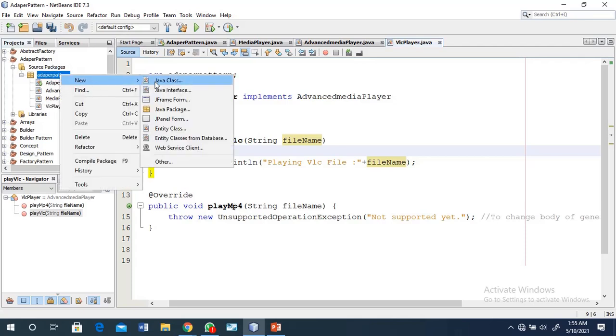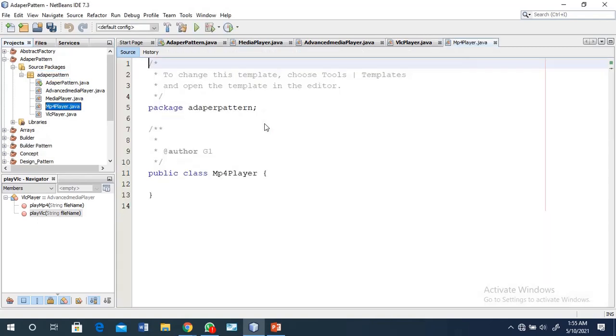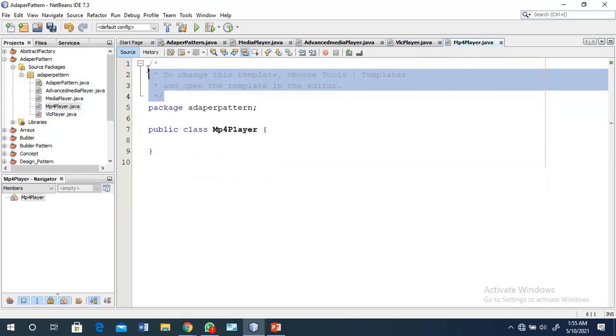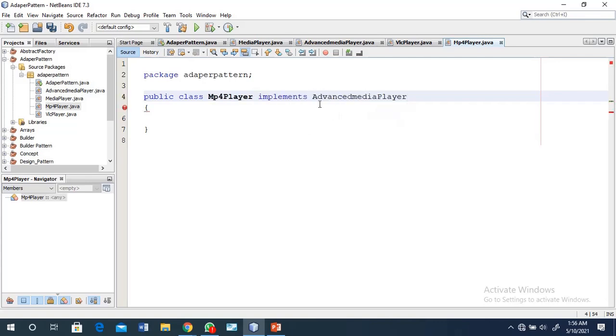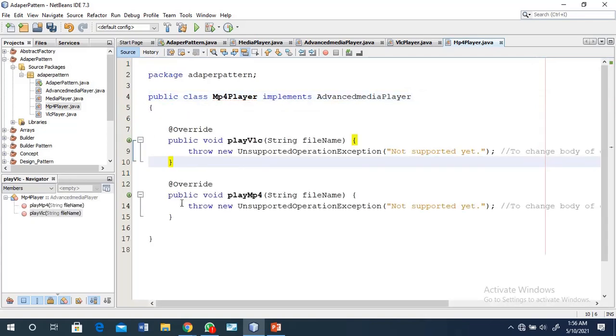Then after that we create another class, MP4 player. In that MP4 player you work with the MP4 method, which implements advanced media player. Okay, so implement, do not work with any other.